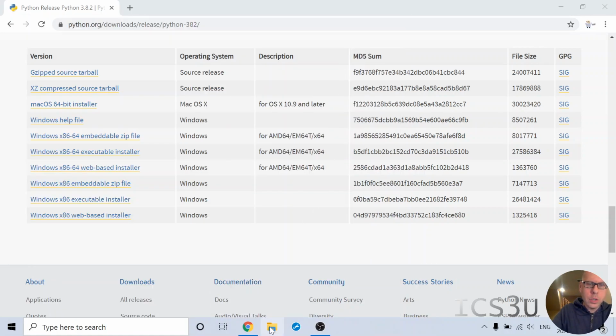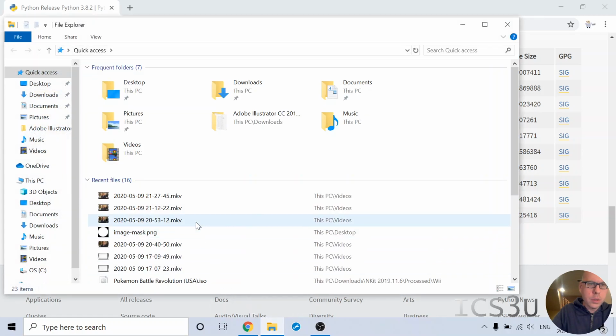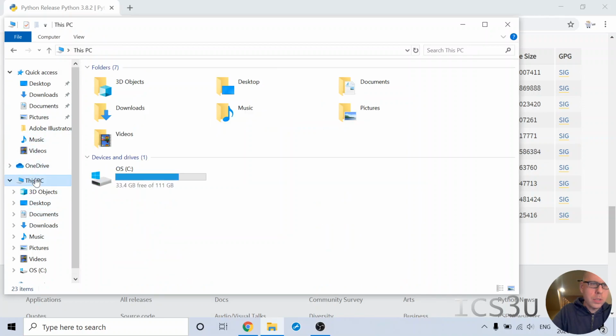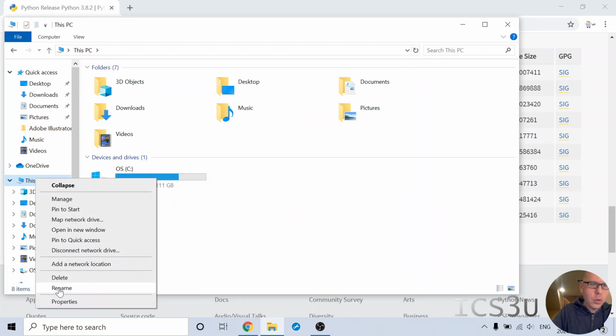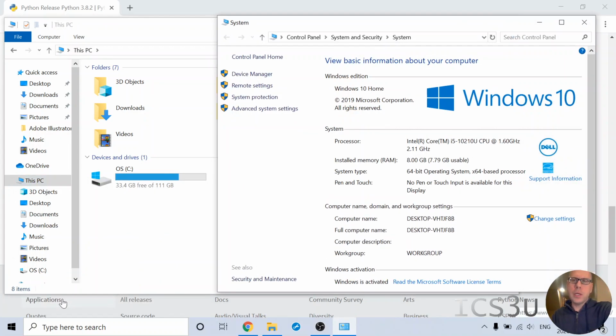Here's an easy way to do it. You go to your files, and then you go to this PC. Right-click on it and go to properties. It'll show you everything about your computer. This tells you right here, system type. If it says 64-bit, you're good to go for 64-bit. If it says 32-bit,